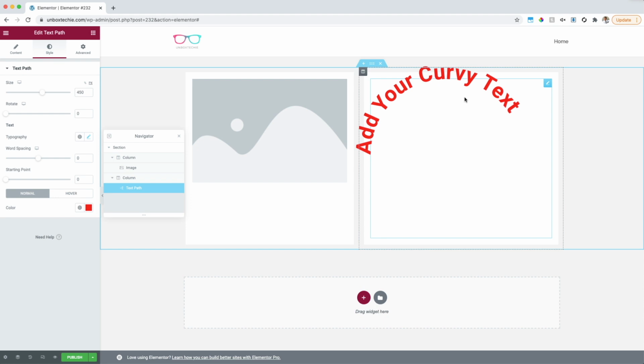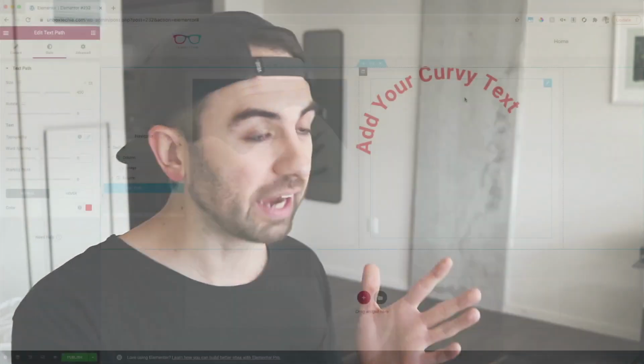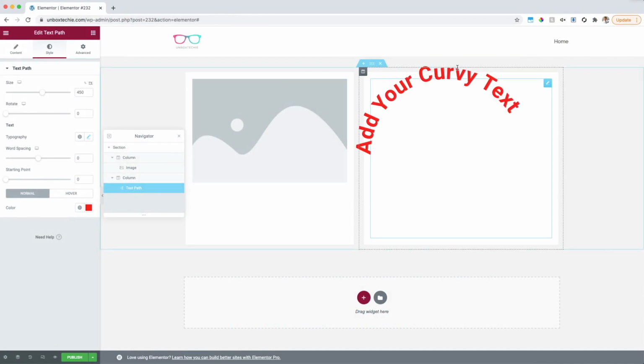Now I want to talk a little bit about when I would actually use this and why I would want to implement it onto my website, because there is a specific case where I can think this would be super helpful. For example, let's say you're selling a product on your page and you really want to draw attention to, say, the pricing, or you now have a discount going on and you want to show off that discount. Well, what we can do is back here in the actual website, we can go ahead and